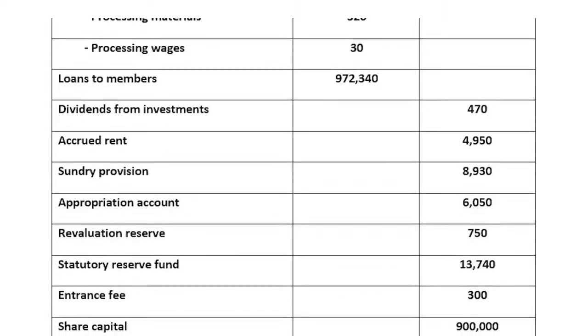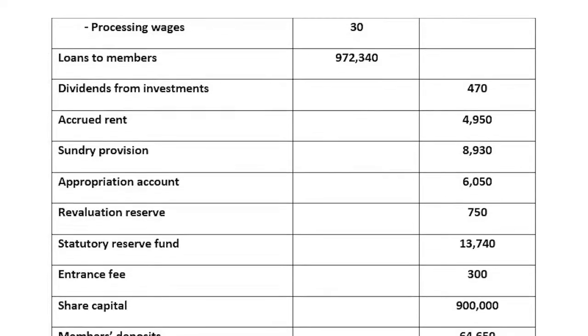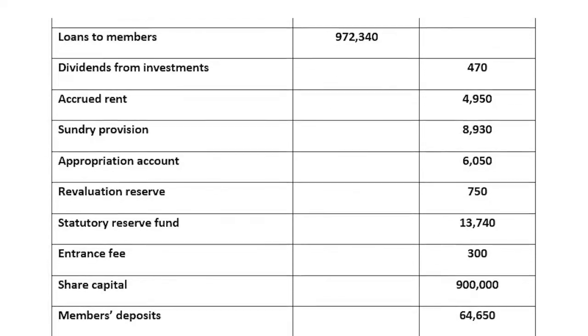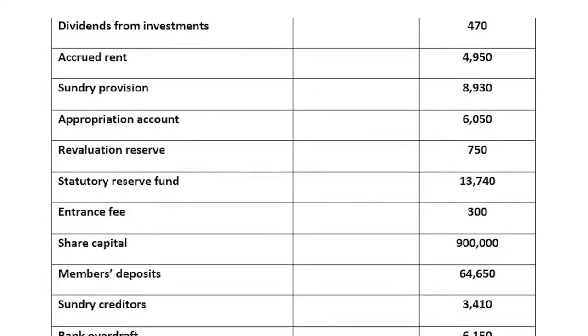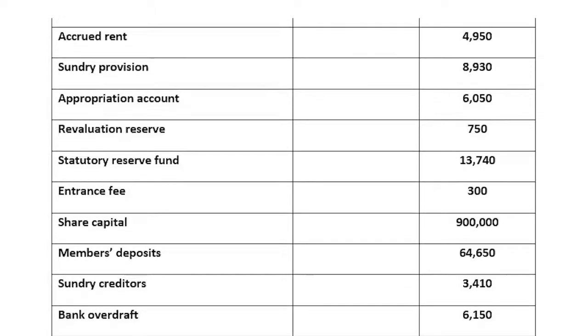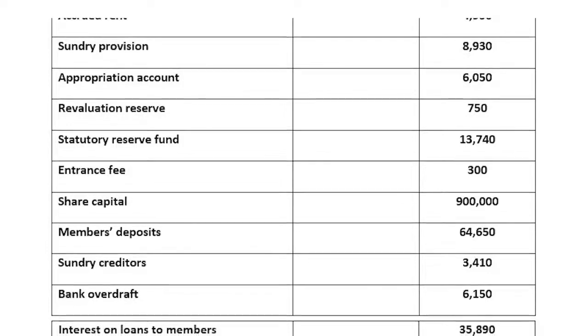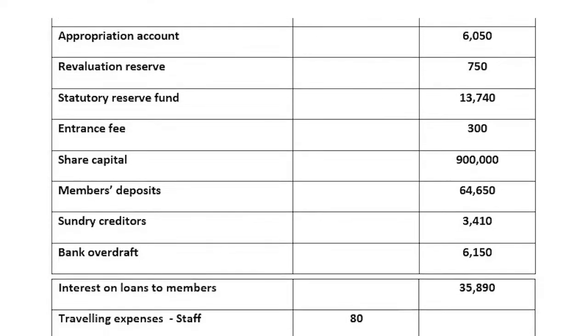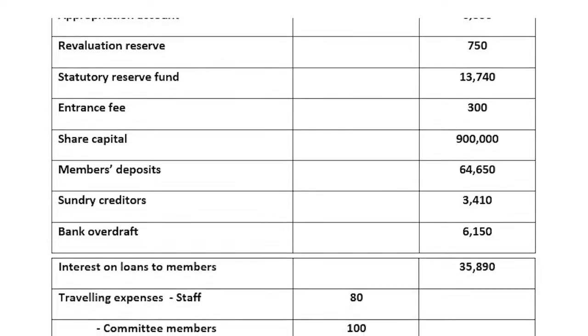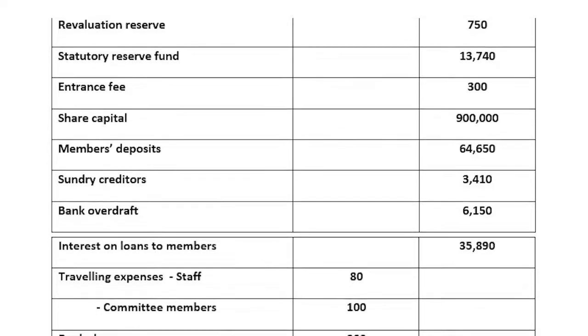We have dividends from investment, accrued rents, salary provision, appropriation account, revaluation reserve, statutory reserve fund, entrance fee, share capital, members deposit, salary creditors, bank overdraft, interest on loans to members, and then we have traveling expenses for staff, for committee members,